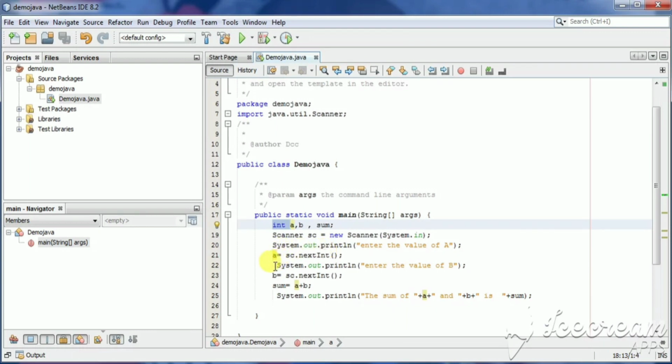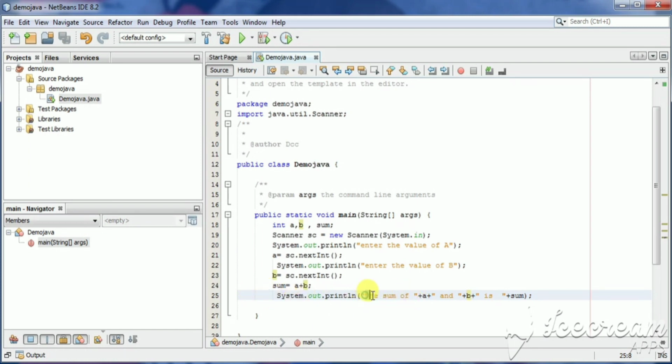In the same way, I use this syntax to display the message 'enter the value of b', and here we store the value of b in the variable. In the next line, the sum variable will store the value of a and b after doing the addition. And on the very last line, we display the value of sum.